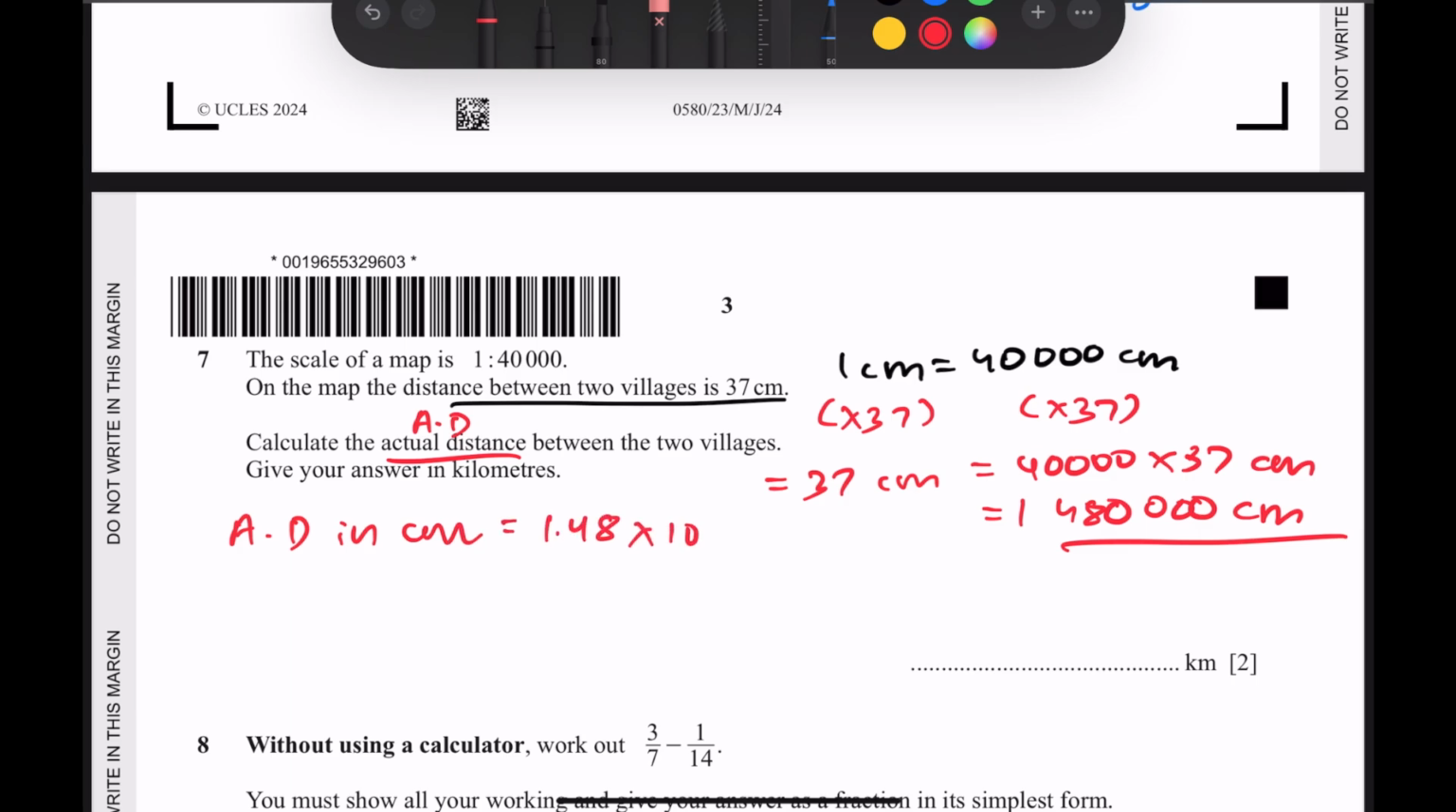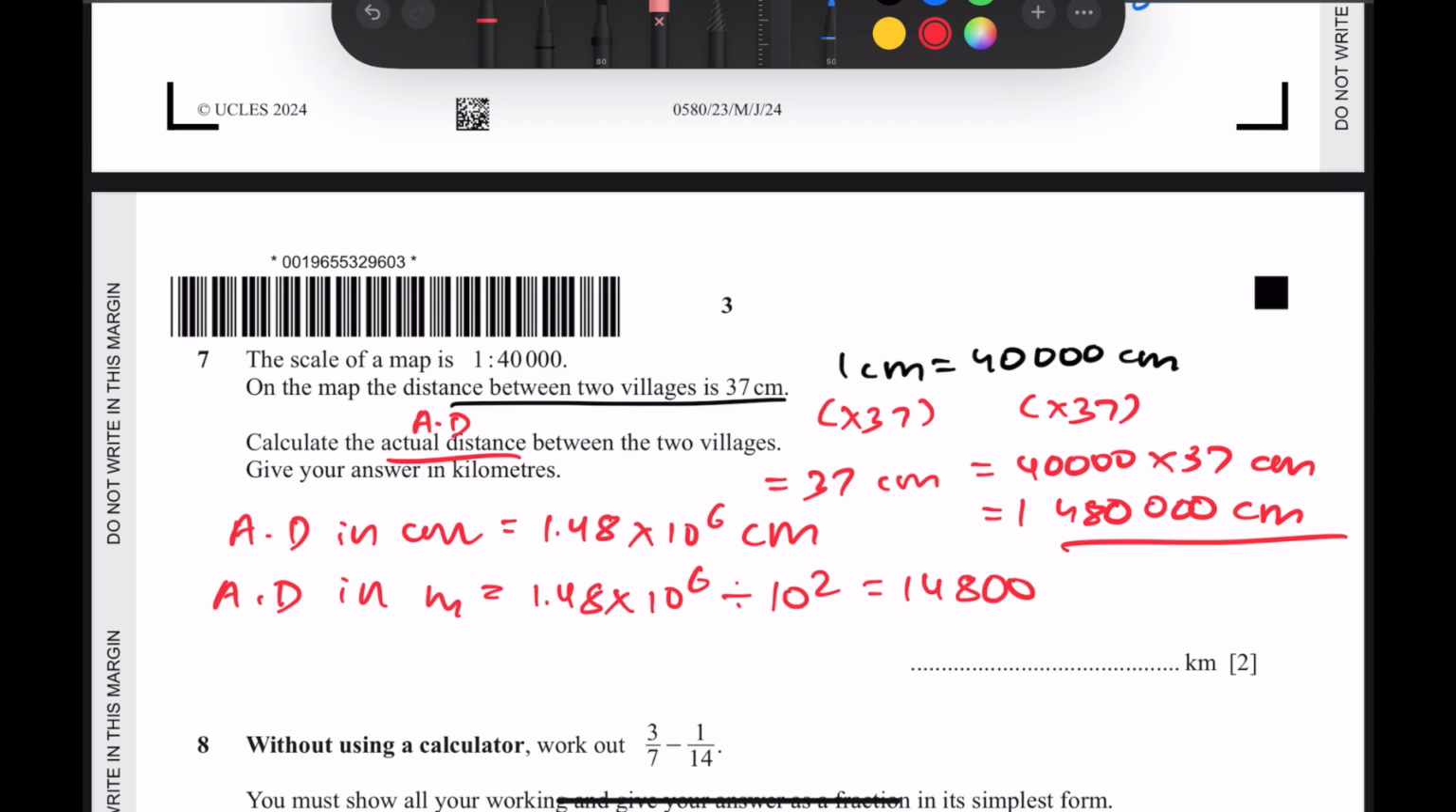1.48 times 10 to the power of 6 centimeters. Now the AD in meters is equal to 1.48 times 10 to the power of 6 divided by 10 to the power of 2, since anything in centimeters divided by 100, i.e. 10 squared, gives the answer in meters. So this is equal to